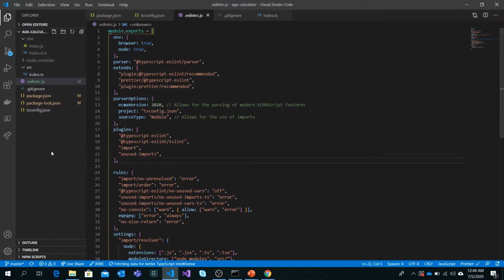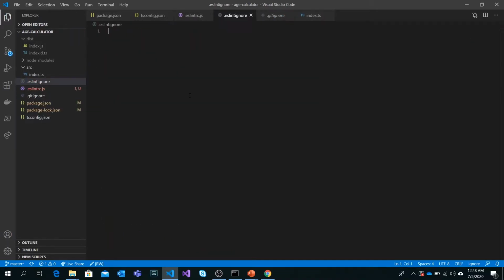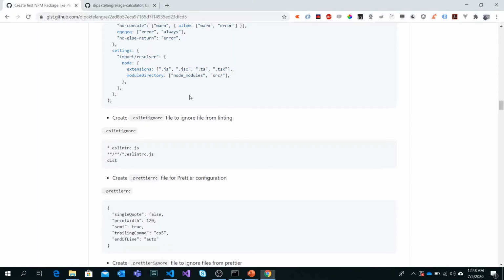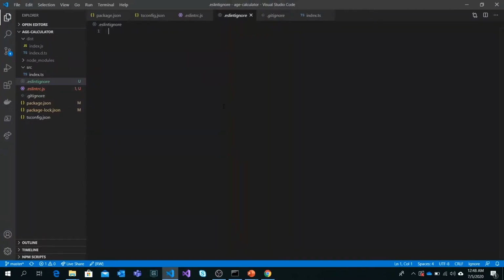So let's head to the editor and create the .eslintignore file to mention some of the files that should be ignored during the build process. One sure folder will be the dist folder that I want to ignore from ESLint. So let's copy these lines and paste them in your .eslintignore.